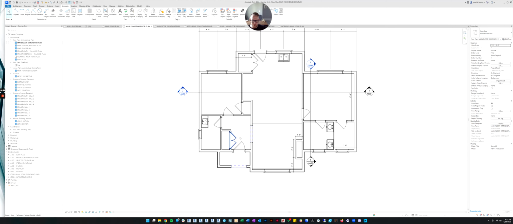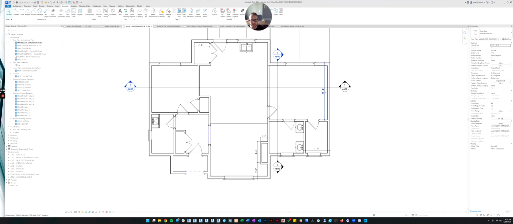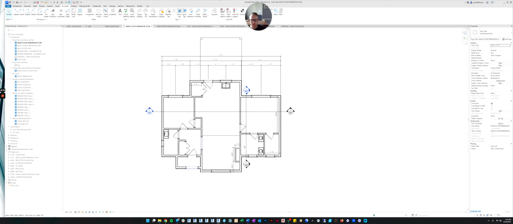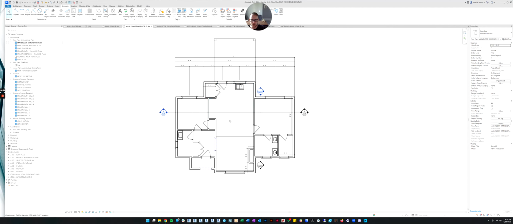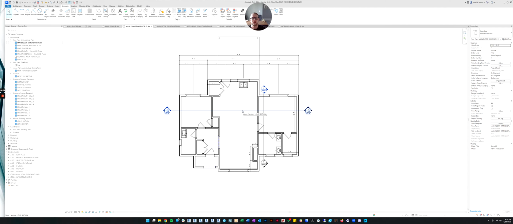All right, so that's almost every wall. You're going to continue that process for the rest of the building. I won't do that to save time in this video, but you'll want to go through and continue dimensioning this project. All right, so that's all you need to know for the dimension plan. And in the next video, we'll talk more about the furnishings plan.